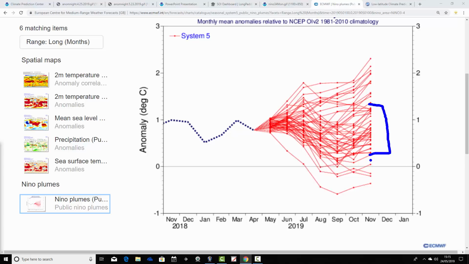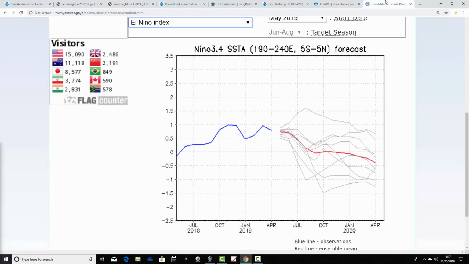So I think most of these members of the ECM ensemble plume are forecasting that we're likely to go back to ENSO neutral through the summer and into the autumn. And then the last model is, of course, always JAMSTEC. So this is what JAMSTEC is forecasting in terms of